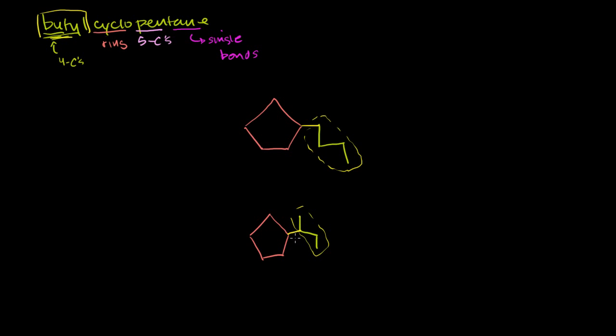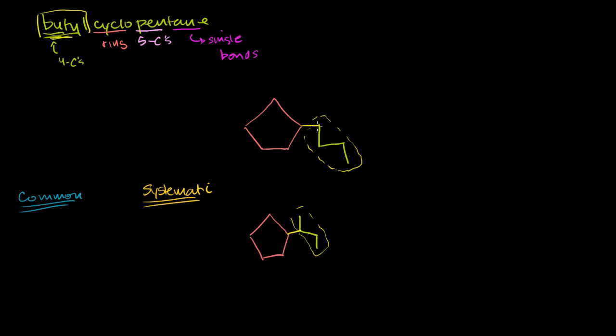Now, there's 2 ways to differentiate this. One is the common naming, and one is the systematic naming. So let me differentiate between the 2. In the common naming, and this can get a little bit involved, and this, frankly, is probably the most complicated part of naming organic compounds. Systematic is often more complicated, but it's easier to systematically come up with it. So there's a common, and then there's a systematic. So the common way of doing it is if you just say butylcyclopentane, that implies that you are